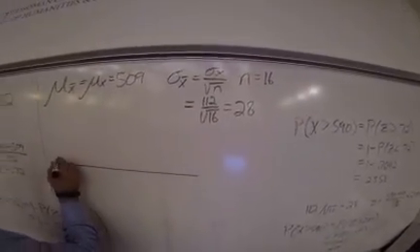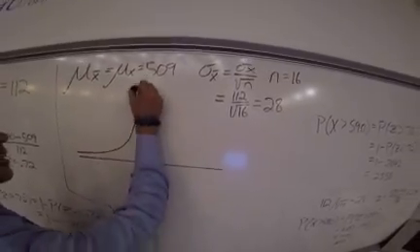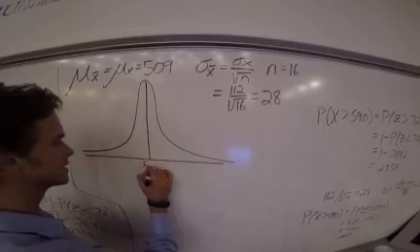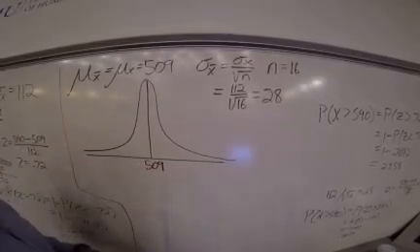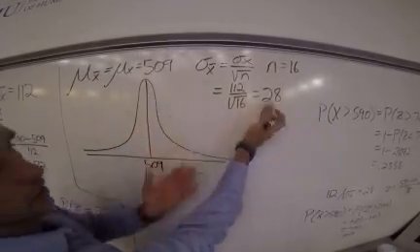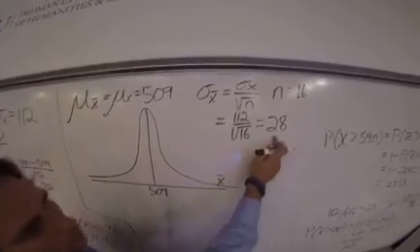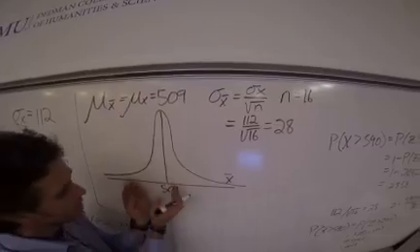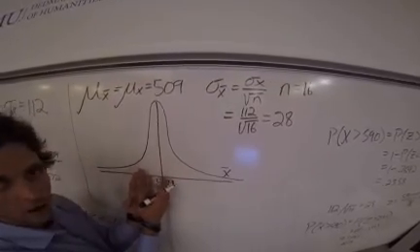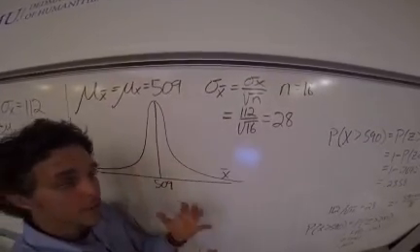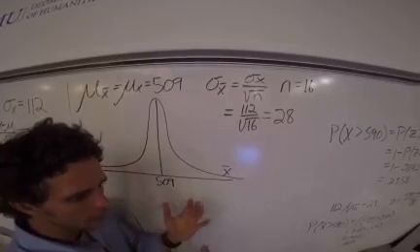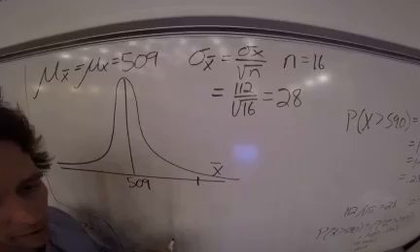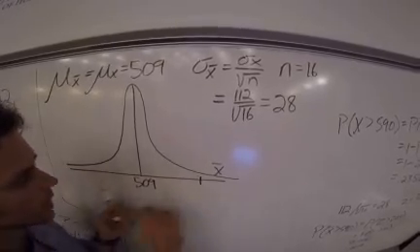This one must be so much narrower, but it still has the same mean. But notice this standard deviation of the x bars is only 28, where again the other one was 112. So we can be more accurate. We think these x bars should be close to 509, which means, if you think about what kind of makes sense, is that to get an average now, a big average, we're going to have to